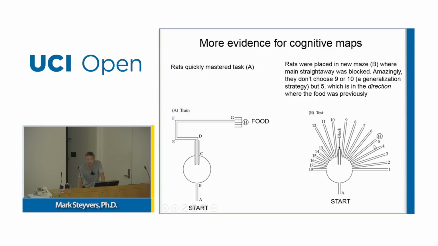And the reason is that this way, number 5, is in the right direction of the food. And the only way the animal can know what the direction of the food is if they've learned some mental map, some cognitive map, where they realize if I'm here, I'm roughly going in this direction ultimately to the food. So learning is much more complicated than just learning associations between parts of these walkways and the eventual delivery of food.